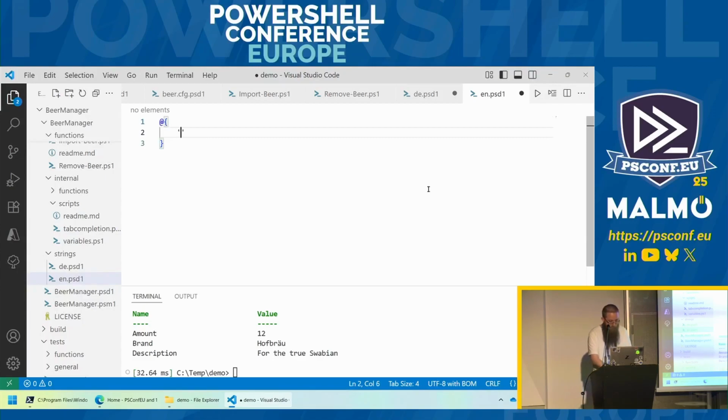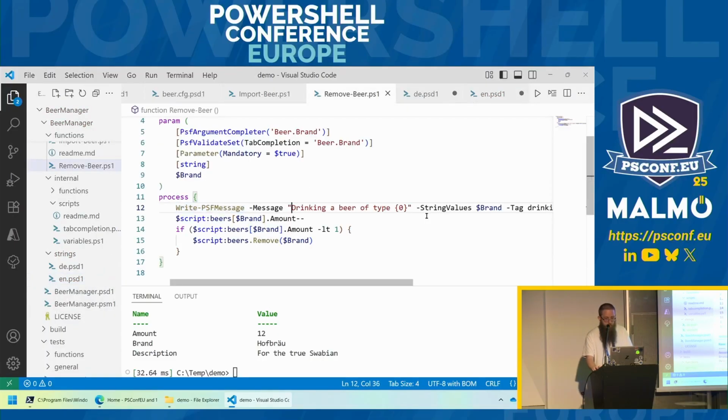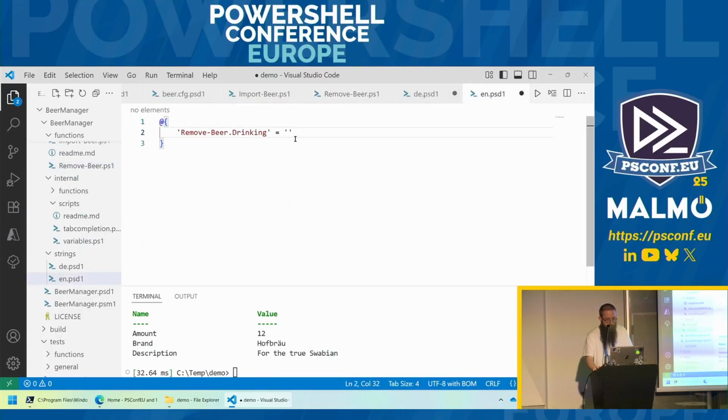So remove beer.drinking. And I'm going to add some value there. Specifically, we already have that here. Isn't that nice? And I'm doing the exact same thing here, only